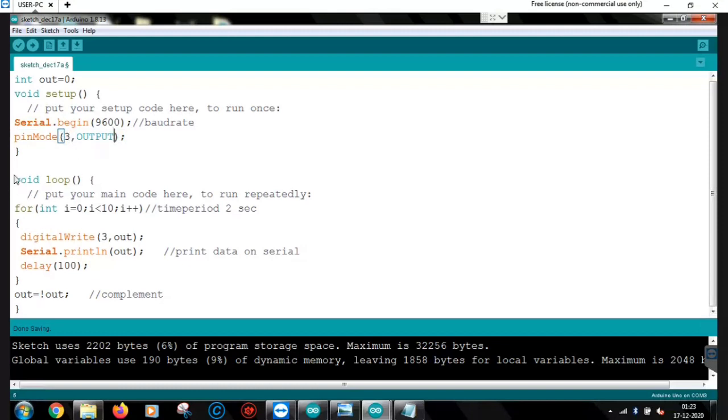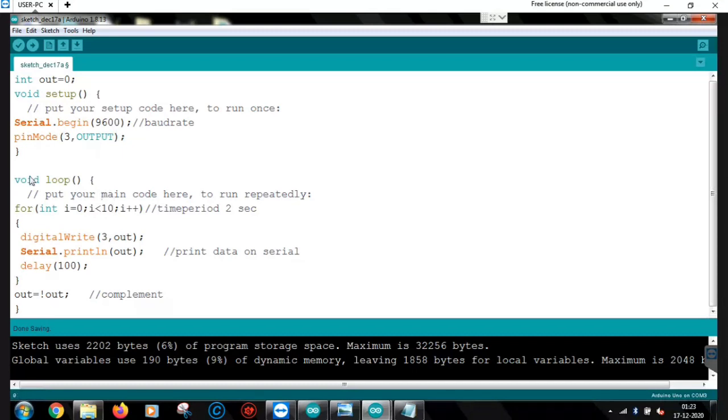In loop function, we will try to generate a square wave by outputting the value one or high. Okay.